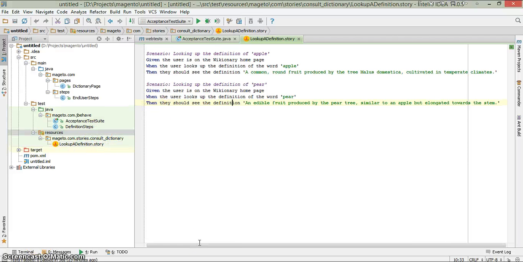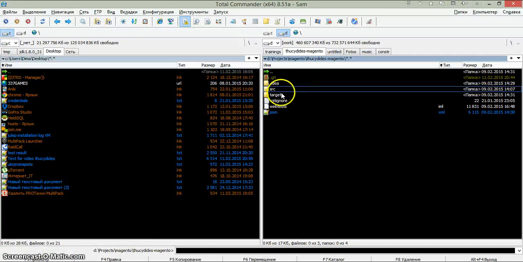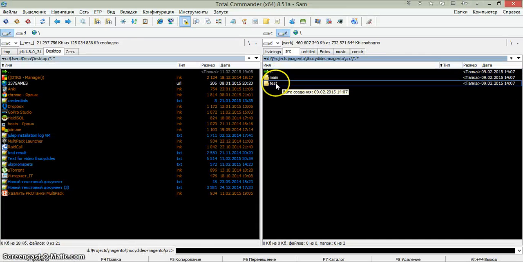For any project, first of all we create a scope of test cases which cover all functionality of the website, and then during their implementation we can see the progress of developing the application and the website. For default Magento we already prepared the scope of test cases, and I'm only copying them into my project. So I'm going to the